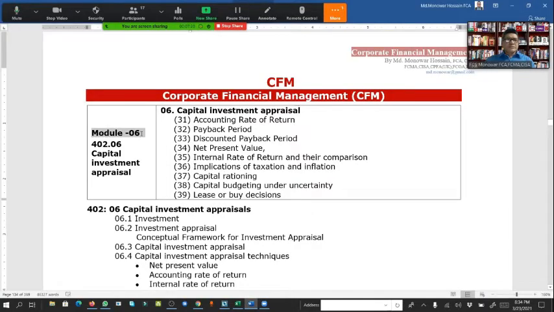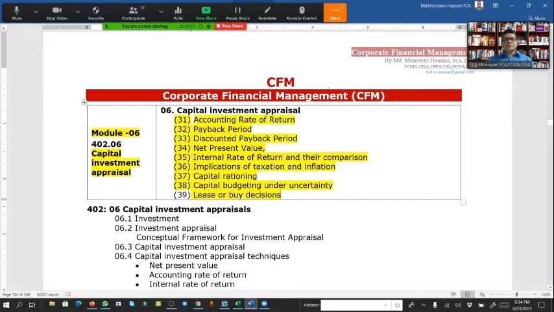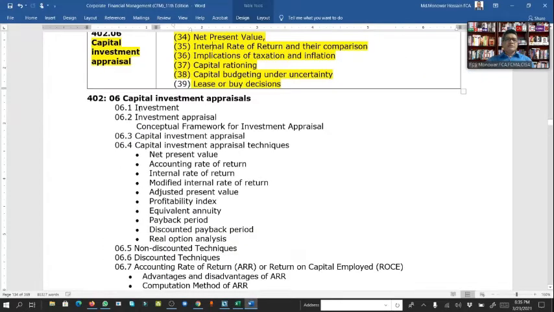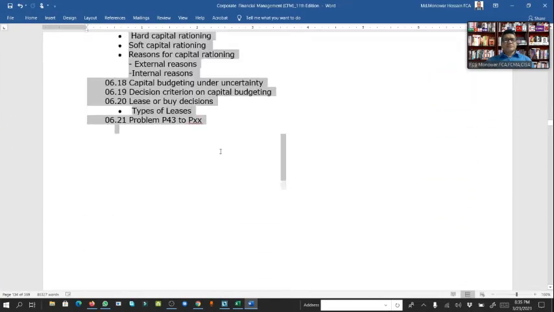In Chapter 6, Capital Investment Appraisal. Within this chapter of capital appraisal, that means capital budgeting, accounting rate of return, payback period, discounted payback period, net present value, and IRR, capital rationing, capital budgeting under uncertainty, lease or buy decision, etc. are the topics of the chapter, and within the chapter we'll discuss phase by phase,